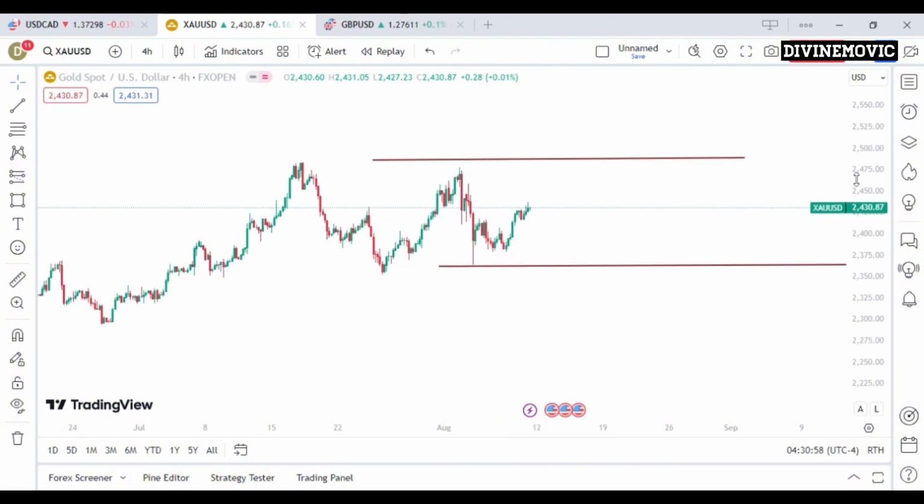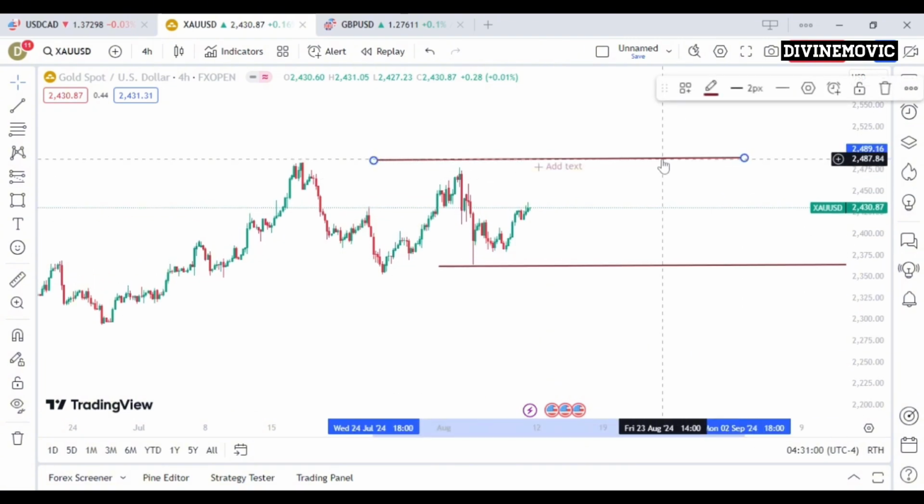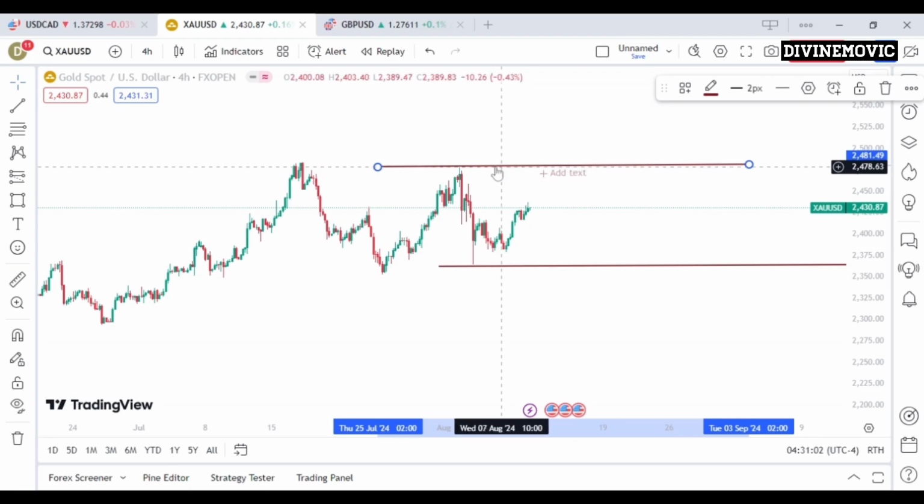Now, on the 4 hour time frame, remember our point of interest, or our key level. We want to understand what price has done from this key level to this key level, and also what price is doing from this key level to the point where price is currently at. And if I look at this key level, this resistance key level to this support key level,